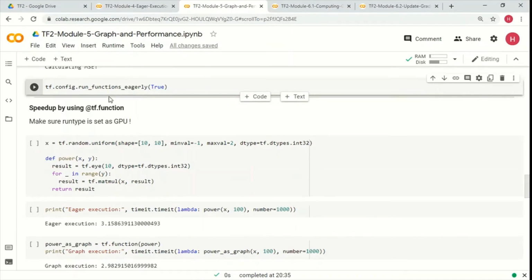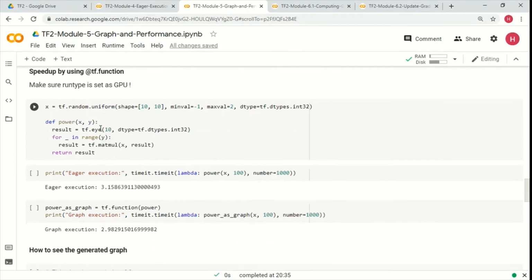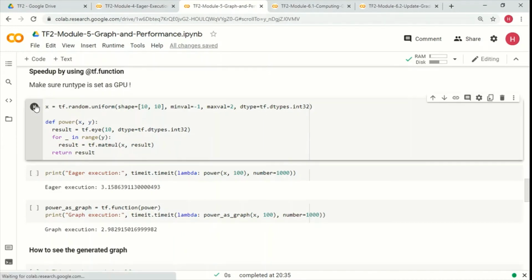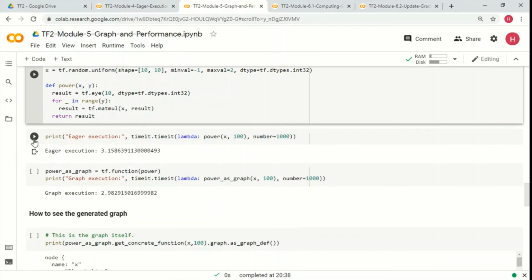We have set the configuration to run the functions in eager mode, and we can try running this function in eager mode. We are doing it 1000 times. Let's first define this function.